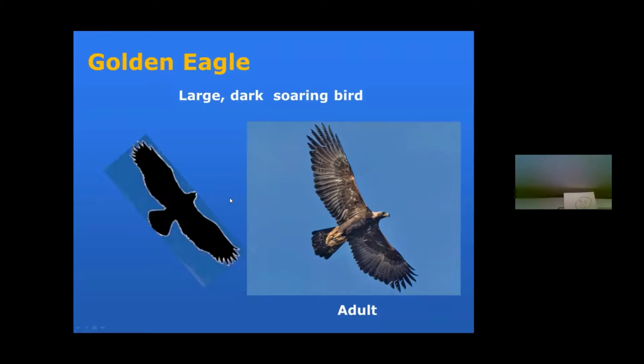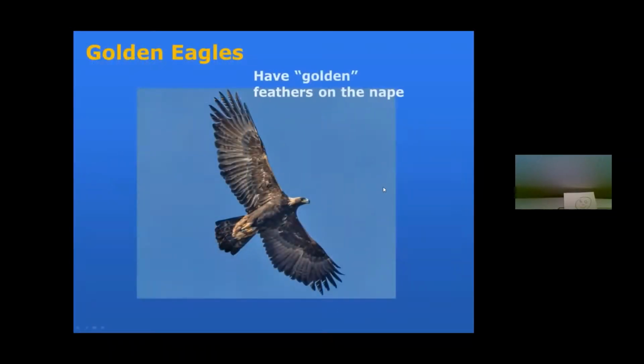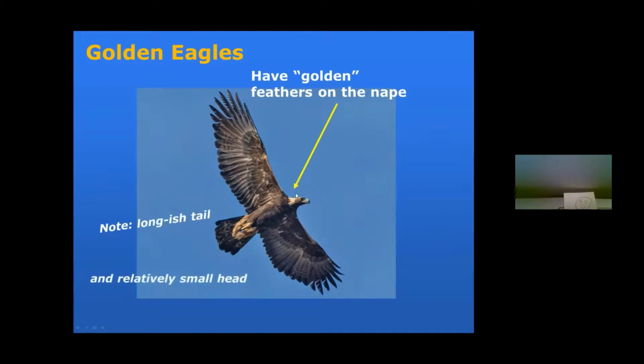I'm not going to say it's half the size. It depends on your angle and where you are. But when you see enough of them and compare, it's a noticeably smaller head projection than a bald eagle. Bald eagle has a very, very distinct large head projection. And this happens to be an adult. So if you can see golden nape, which is the back of the bird's head feathers, you've got yourself a golden eagle.